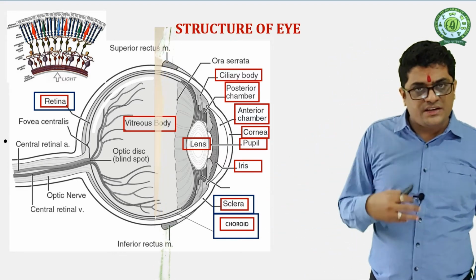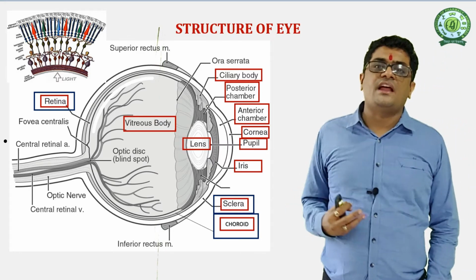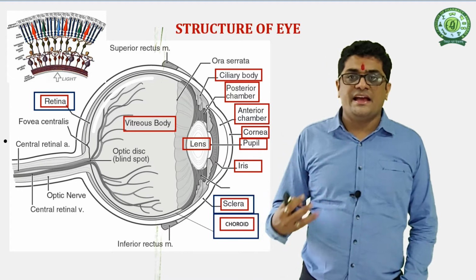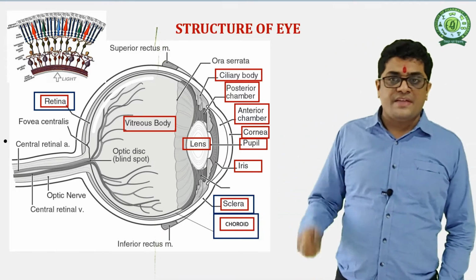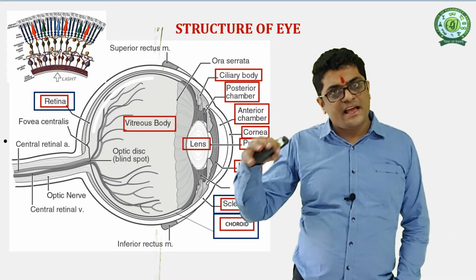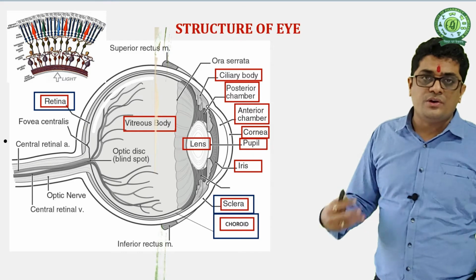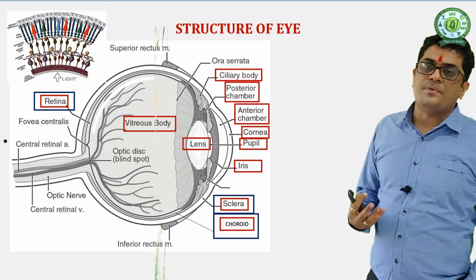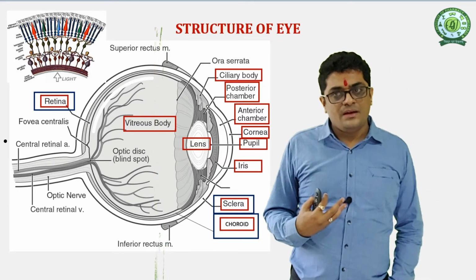The vitreous humor possesses a jelly-like substance, and it is formed at the time of embryonic development, and it provides as well as maintains the shape of the eye. The aqueous humor is present in the aqueous chamber. If this aqueous humor is increased, then the intraocular pressure of the eye will increase, and due to the increased intraocular pressure in the eye, the person suffers from glaucoma.